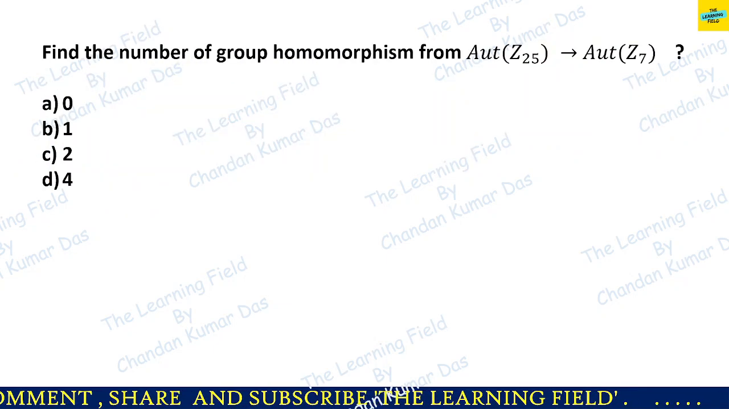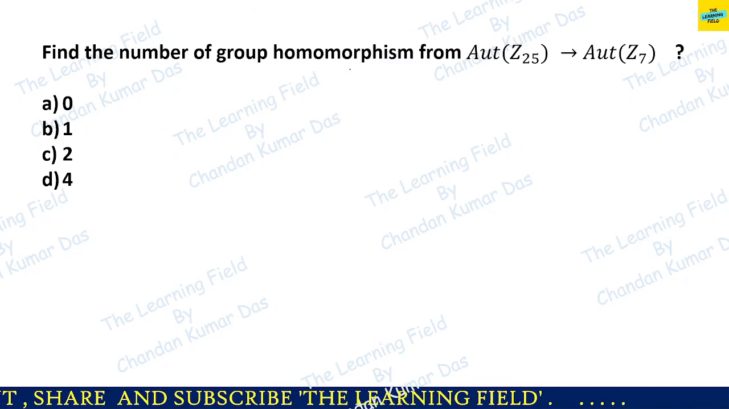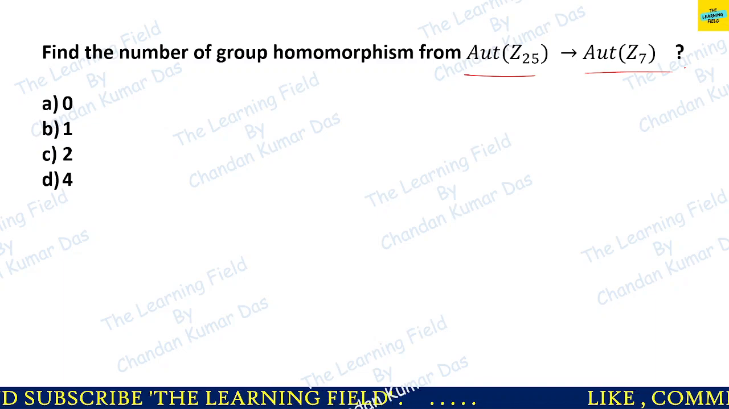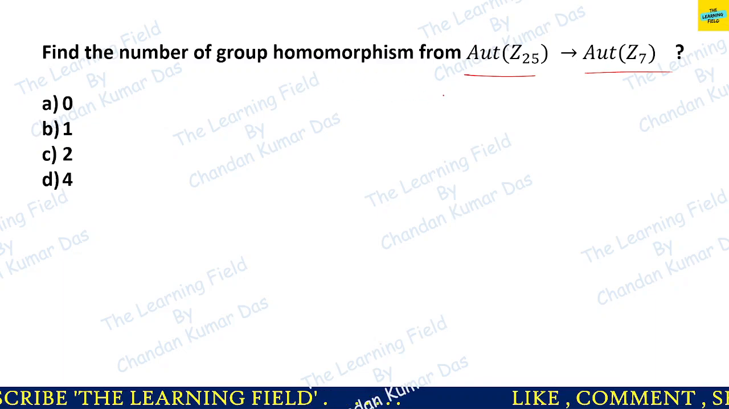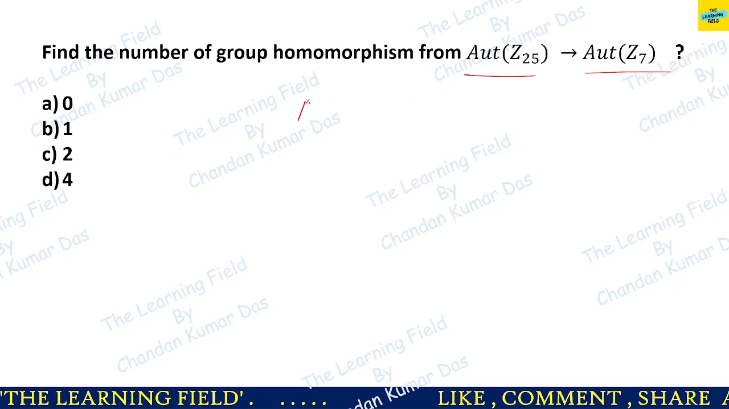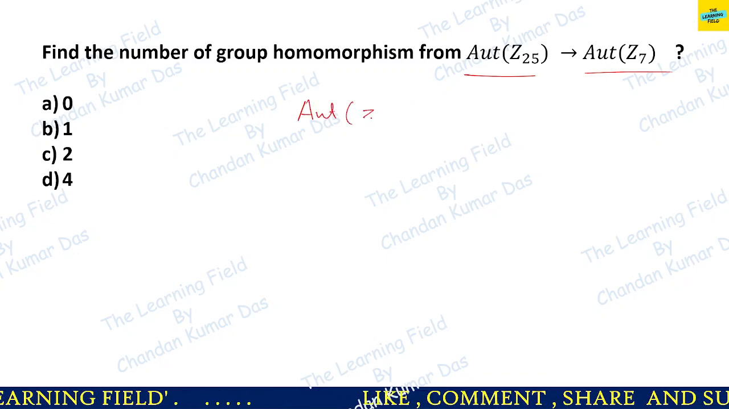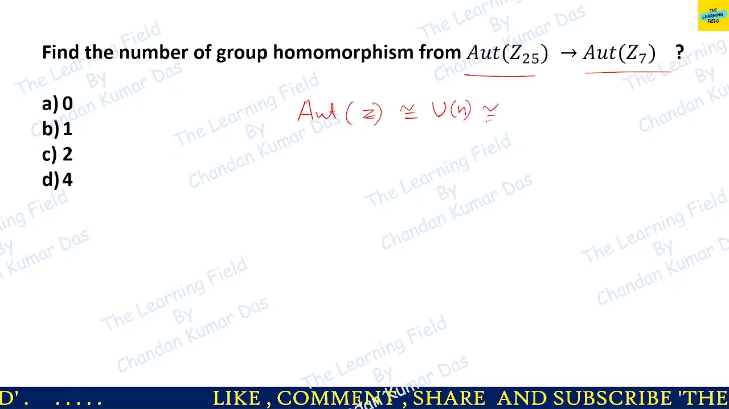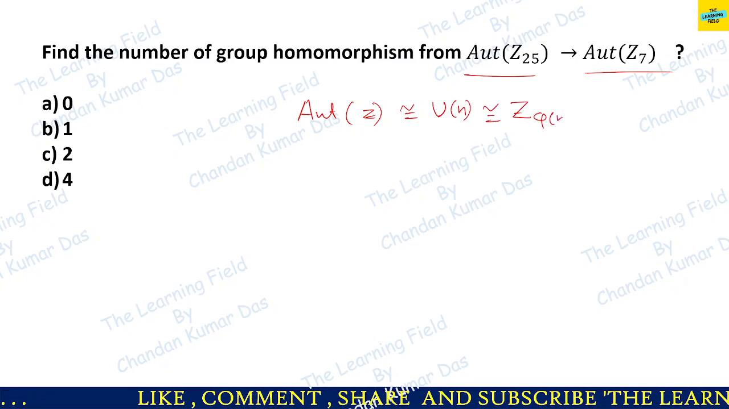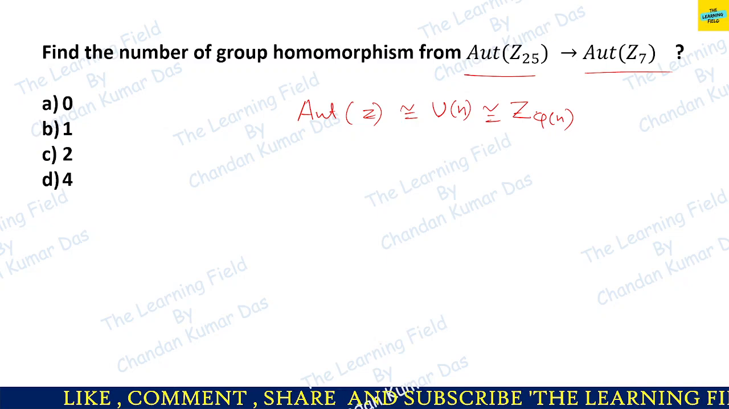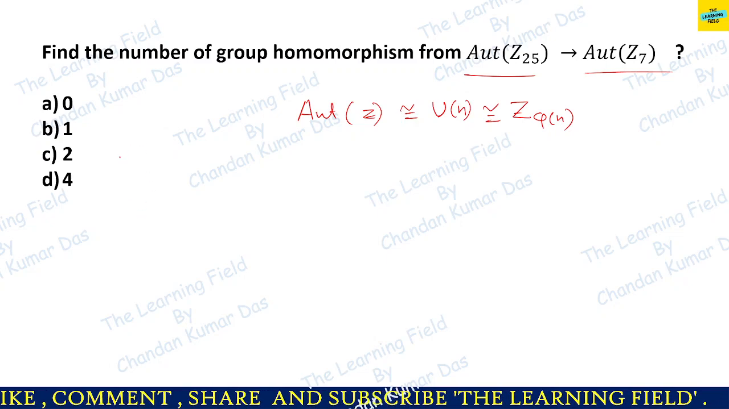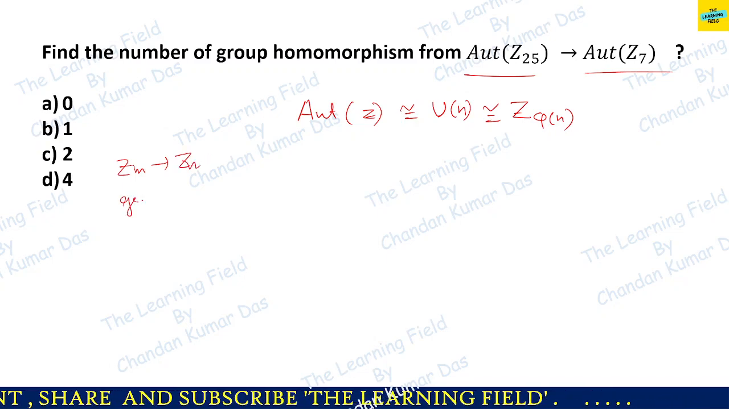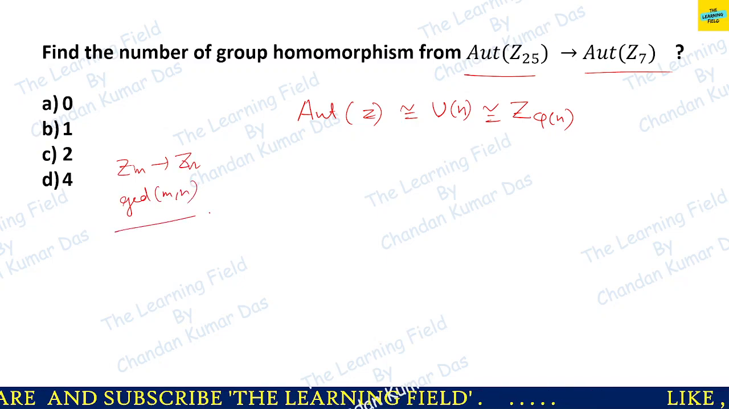Okay, so next question is find the number of homomorphisms, group homomorphisms from Z25 to automorphism of Z7. Okay, so देखो ये भी very easy question है. So we all know that automorphism of Zn is isomorphic to Un, and Un is isomorphic to what? Z phi n. Okay, so this is only the logic, and for the number of homomorphisms from Zm to Zn, we all know that it is GCD of m, n. Okay, so now